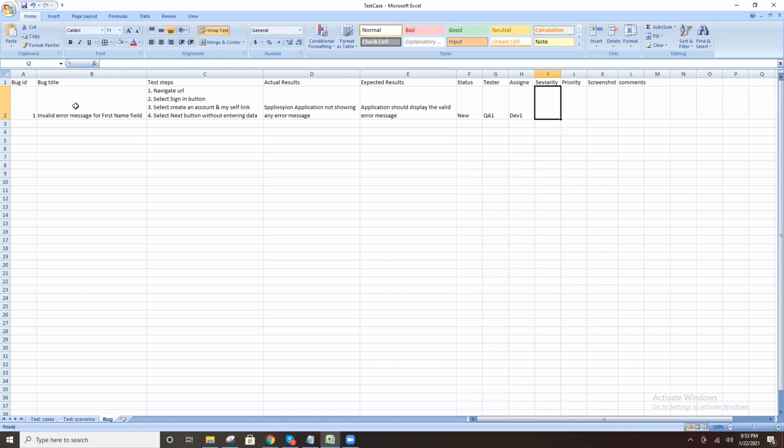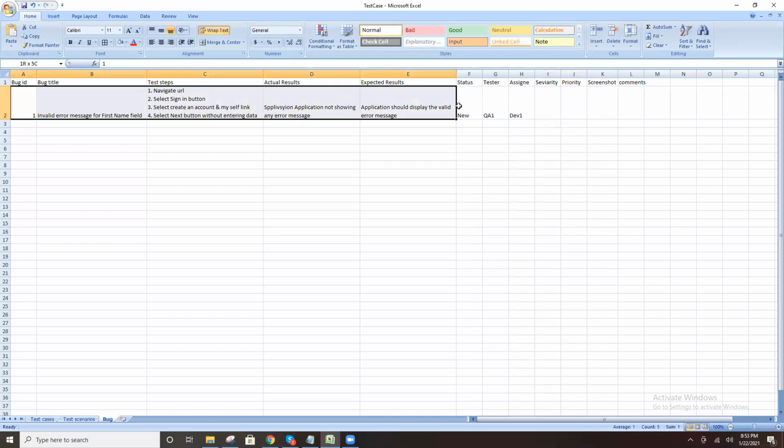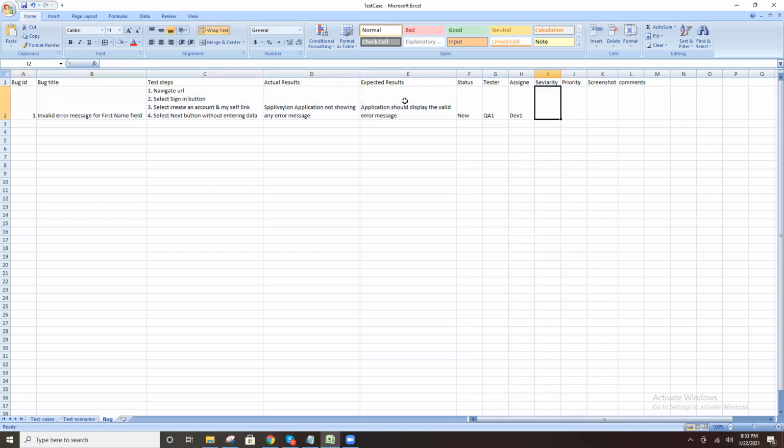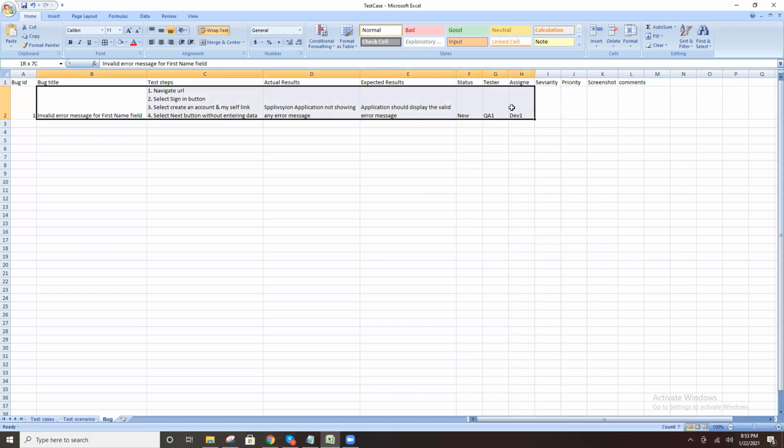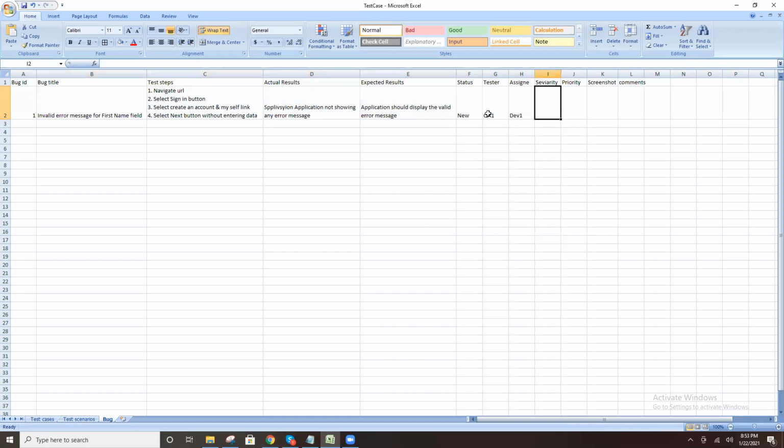Severity means how severe it is, how important the bug is to the application. What is the severity of the bug? The levels are low, medium, high. Low means very basic, small things. Medium is somewhat more serious.